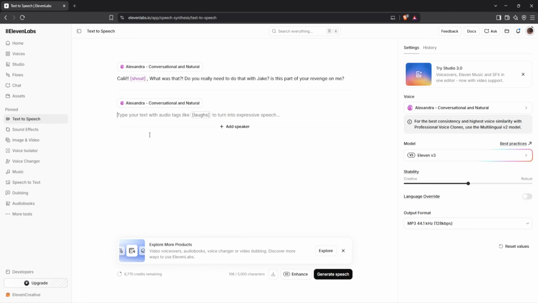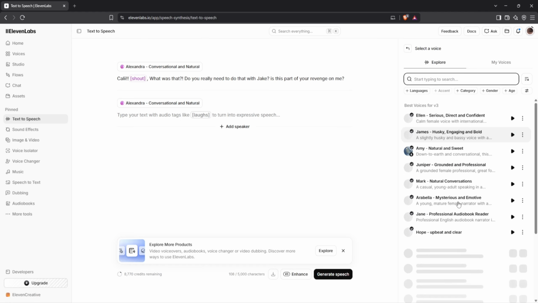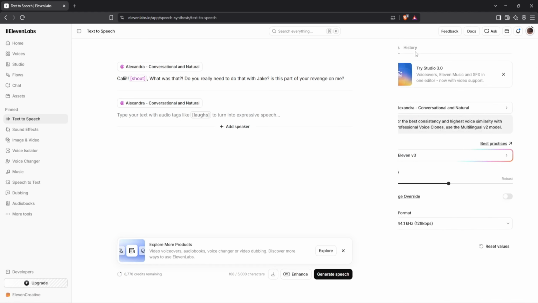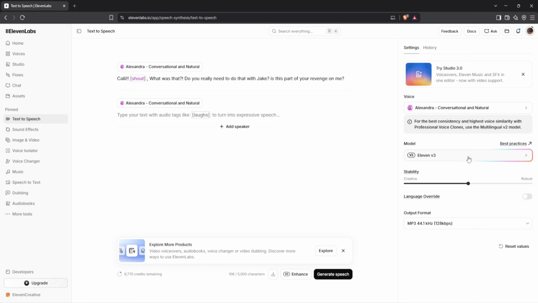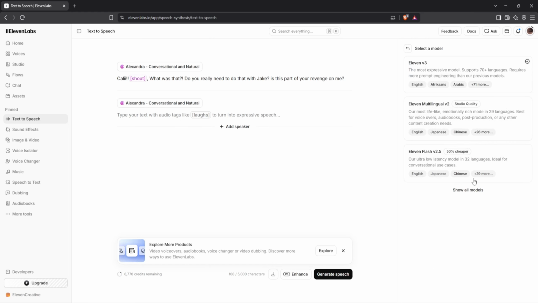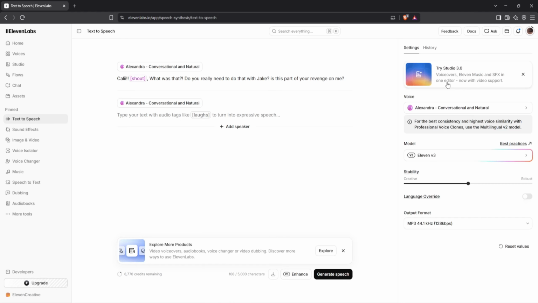So before you paste your entire script in here, choose your voice on the right panel. Just click this voice drop down and you can choose your preferred voice in here. Then, choose a model, click this, and you will see here the available models that ElevenLabs offers. Select the Eleven v3 for better results. And that's it. So ElevenLabs specifically recommends getting familiar with the voice and model because they have a major impact